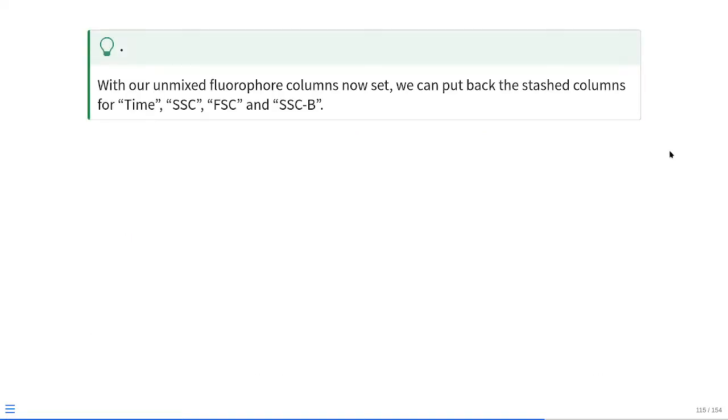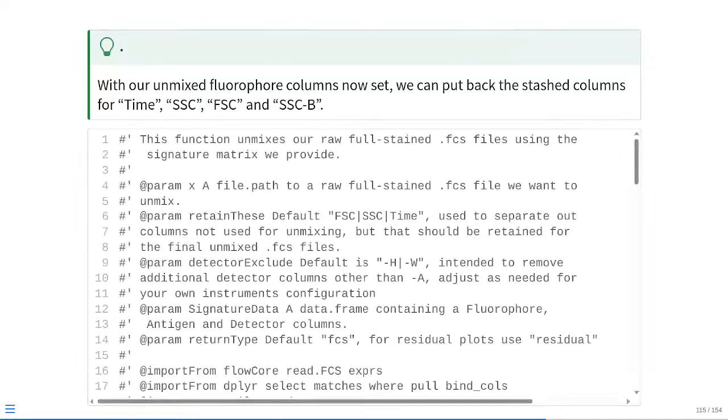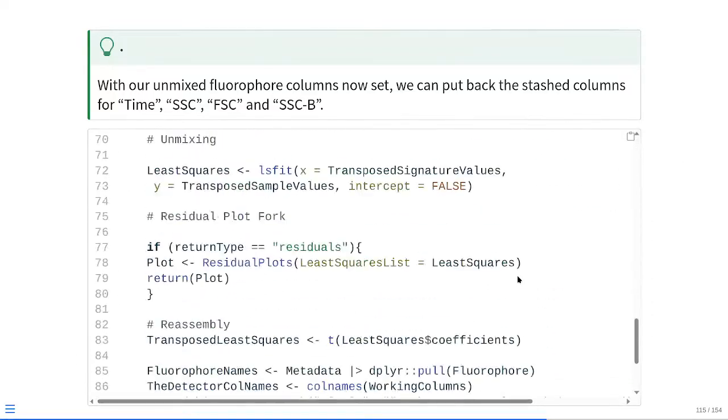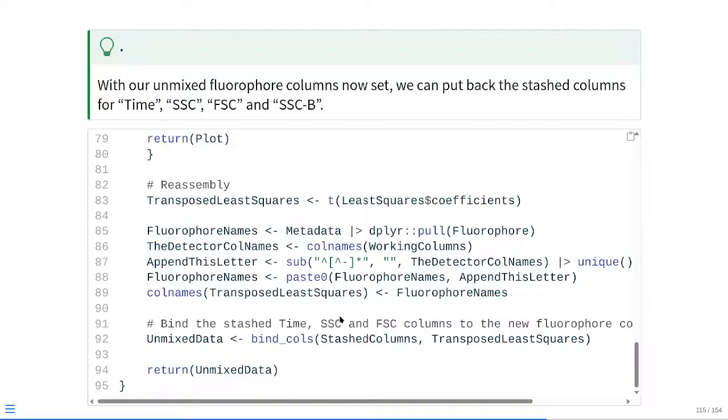So, with our unmixed fluorophore columns now set, we can take those stashed columns from very early today: time, side scatter, forward scatter, side scatter B, and just add those in alongside our existing fluorophore columns. As you may remember, we can do this with either cbind from base R or bind_columns from dplyr, but basically we want time to be the first column